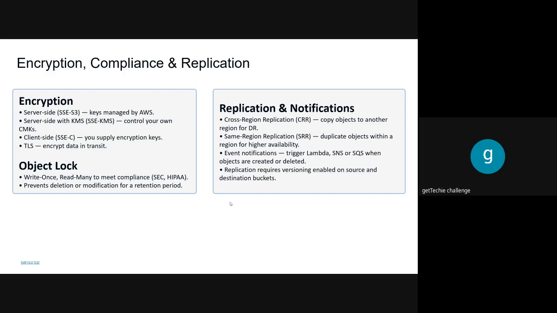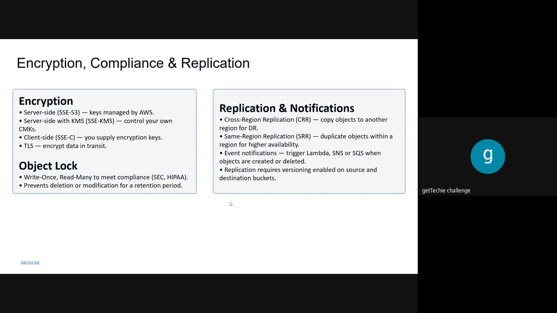So this is where you can set all of these notifications so that when somebody creates or deletes, remember when Desmond Donner deleted the bucket, it can trigger a notification and the line manager will come and say, Desmond, what are you doing? You shall not delete, something like that, right? And we're able to easily revert back. Then replication requires versioning enabled on the source and destination bucket.